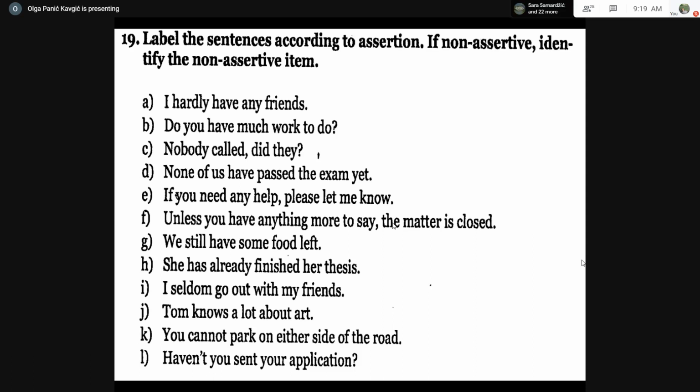How would you make it negative, for instance, if you had this task to make this negative? We don't have any food left. But what would happen to still? You can't just eliminate it. You have to do something. It will not remain still, clearly, but we don't have any food left any longer, or any more. Very good. Which means and which proves that still behaves assertively here, if it has to change in a non-assertive context. So this is assertion, and then you circle still and some. Good. The next one.